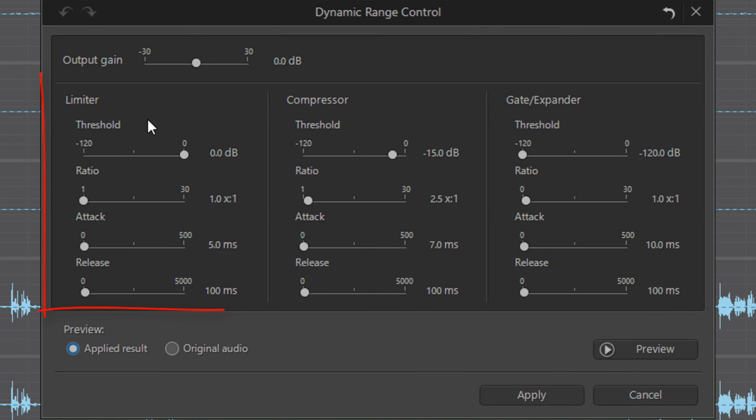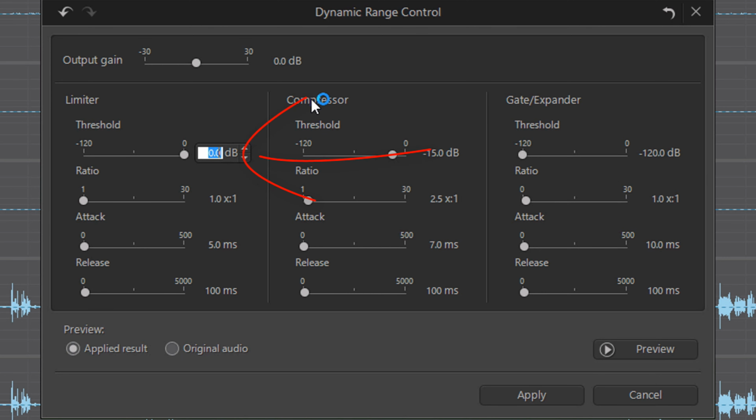And now I'm going to focus on the limiter. The reason why I didn't do them both at the same time is because if I did it when I did the compressor, it would not take into effect the boost of the warmth and the improvement on the clarity. So I want to do it now since I've already done that other effect.